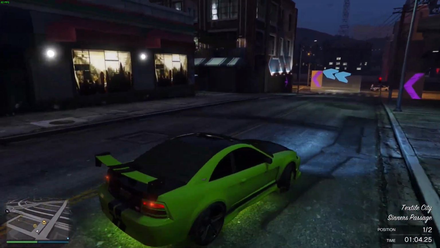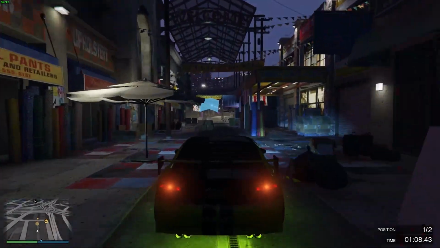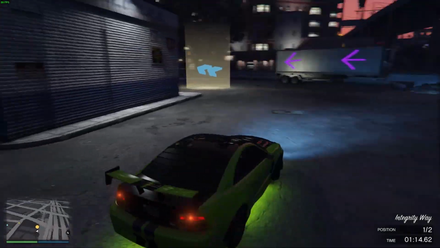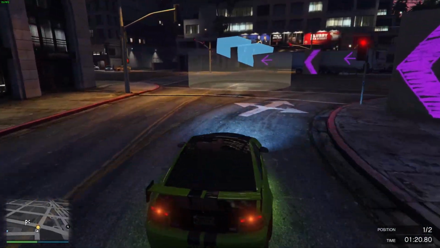But moving over to bonuses this week, we have double money on Vehicle Vendetta, which is an anniversary mode. This mode is actually pretty similar to the Go-Kart Crash anniversary mode that Rockstar did add like a couple weeks ago. It's pretty much the same exact thing, but with vehicles that have weapons on them. So instead of go-karts, it's just regular vehicles, and it has power-ups and stuff like that